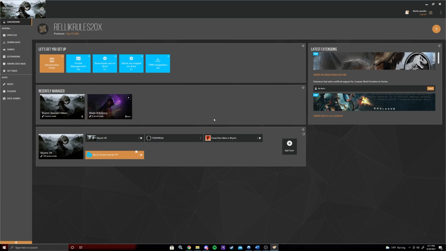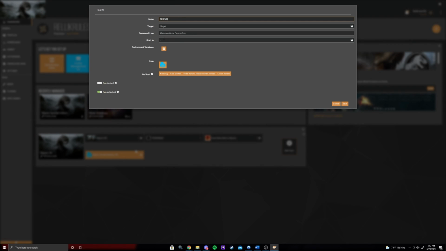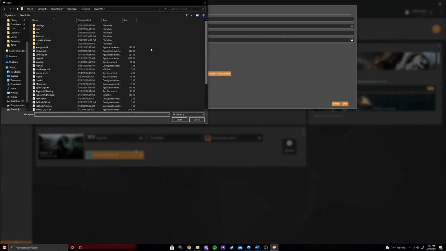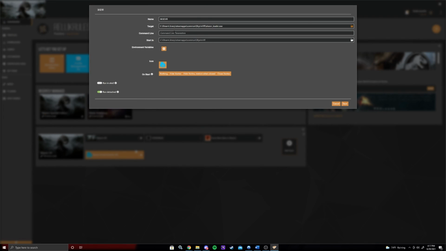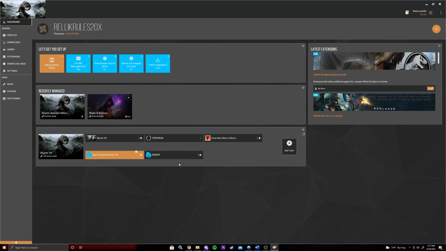It comes in handy. Back in Vortex, you go to your dashboard, you hit add tool, new, you name it SKSEVR, and you want to find it with the target, SKSEVR loader.exe. It'll automatically put in the start for you. No command lines are needed, and you can set the icon if you want to, and that is it. You hit save, and it'll be right there for you. Another thing I recommend doing is hitting the three little dots and hitting make primary. So when you hit the play button on the top left, underneath that profile, it will launch the SKSEVR and